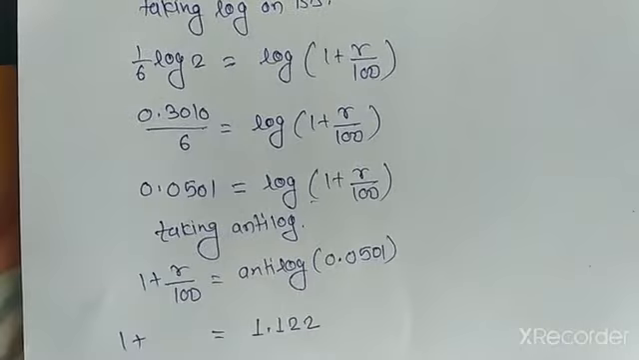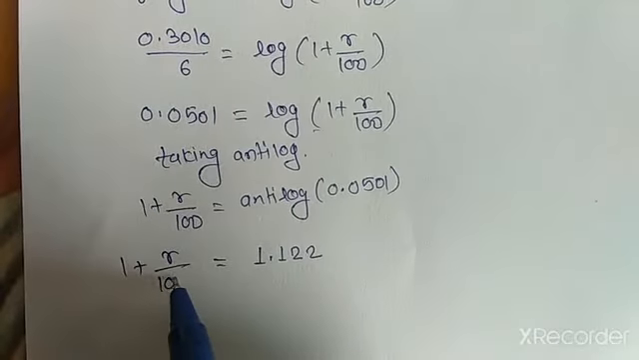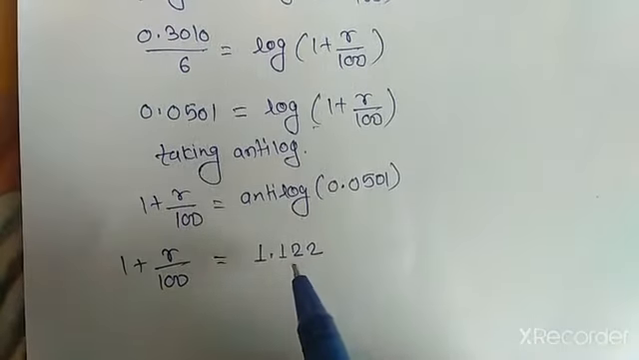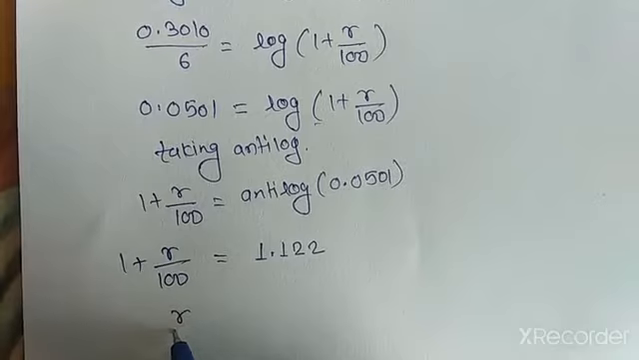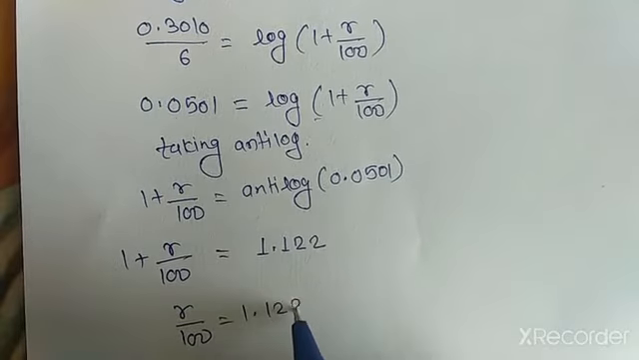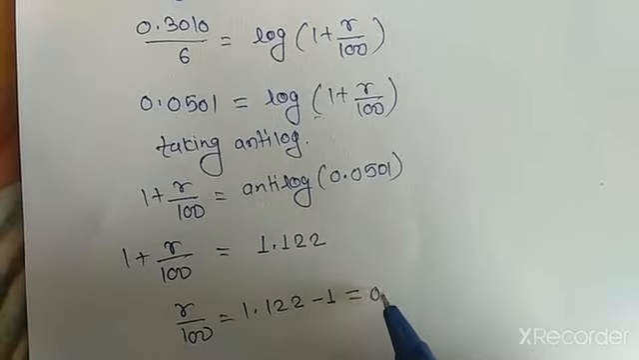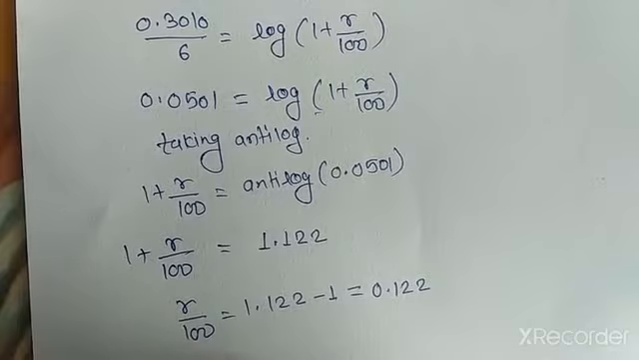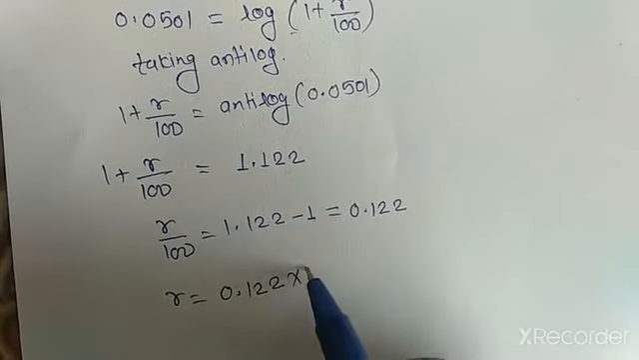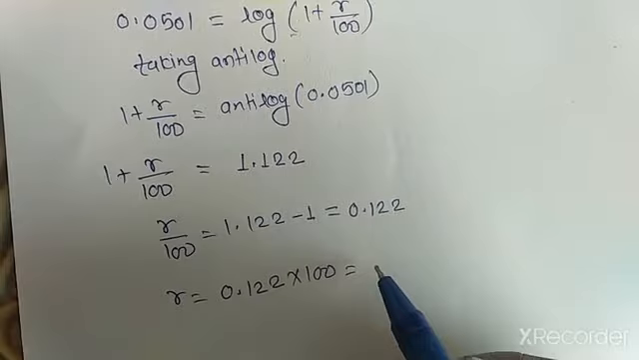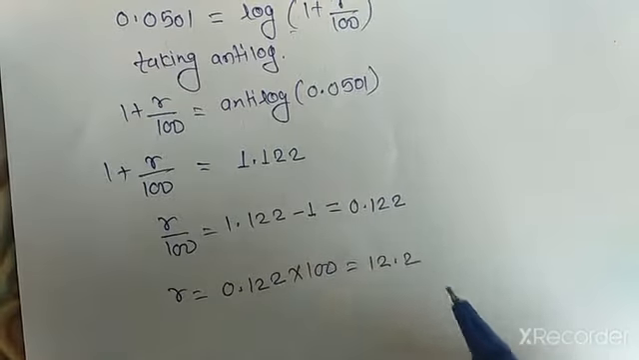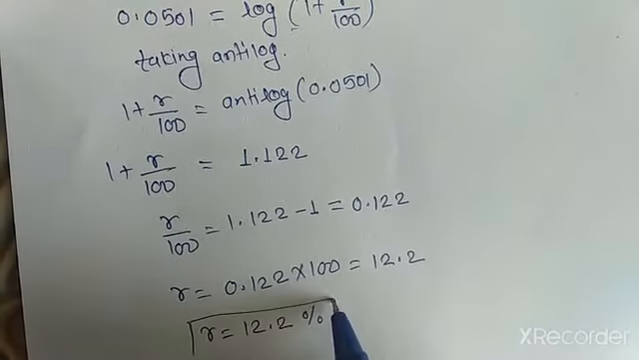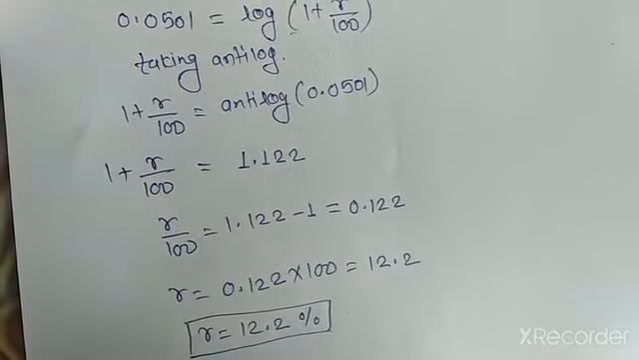1 plus r upon 100 is equal to 1.122. Now shift 1 on right side, which will give us r upon 100 is equal to 1.122 minus 1, which is equal to 0.122. So multiply it by 100, r is equal to 0.122 multiplied by 100, which will give us 12.2. So r is equal to 12.2%, which is our required solution, okay. Hence,